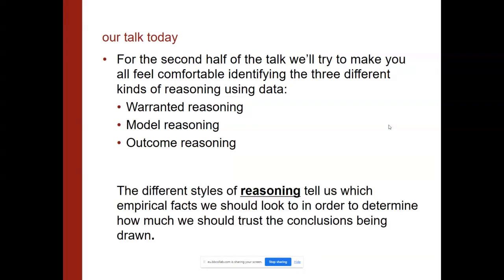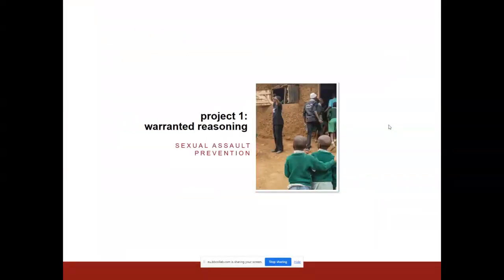When we use the word reasoning, what we're thinking about is that there are different styles of looking at the empirical facts that we generate, so summary statistics, in order to determine how much we should trust the conclusions being drawn. If you grew up in old classic stats, you know warranted reasoning, you know model reasoning, and especially if you're in the causal inference literature, that's like design thinking versus structural equation models. We've been taught to really differentiate those two, but that third one keeps coming up and we just don't recognize it. That's what we're going to try to do a good job with today.